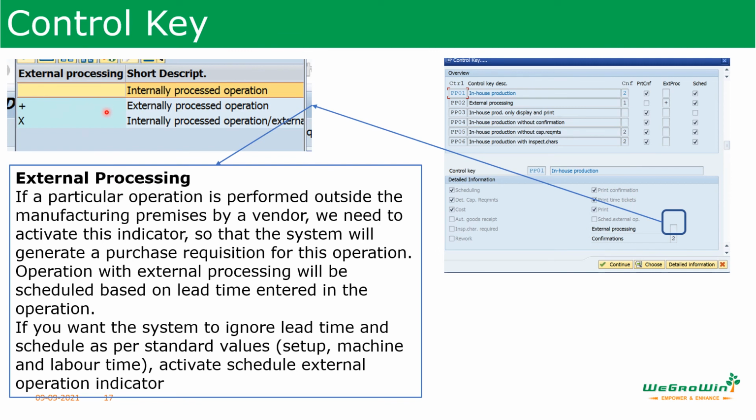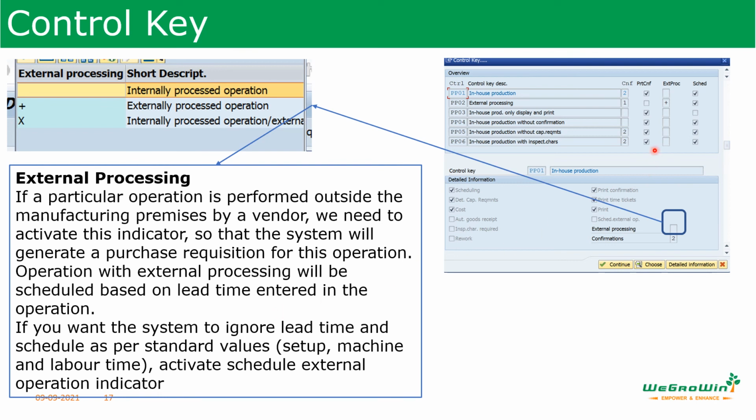See, there are many options. If it is left blank, there is no external operation. If there is a plus sign, it means an external processing operation is there. If it is X, it means it can operate for local and also for external, right? So again, if you want the system to ignore the lead time and schedule as per standard time, activate the schedule external operation indicator, right? You have to process them. So these are the various fields which are available in this, what is it called,